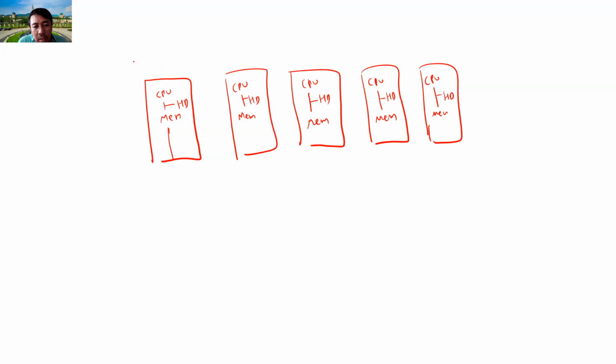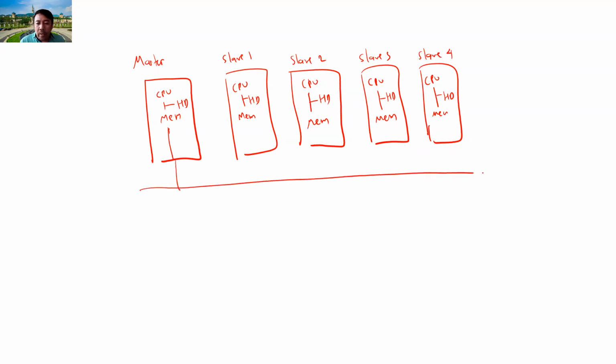So remember this is the Raspberry Pi 2 that I have, so this is the master node. Then this is slave number 1, slave number 2, slave number 3, and slave number 4. You have 4 slaves, connected using the USB that we saw earlier, using the cluster head.